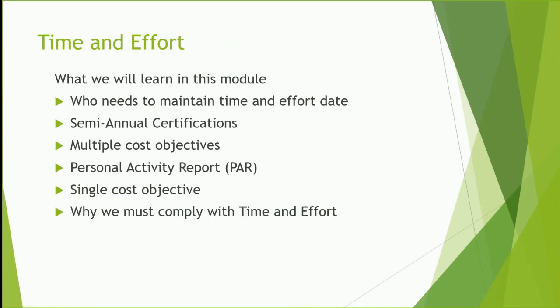Okay, time and effort. What we're going to learn in this module is who needs to maintain time and effort and why. Why is because if we receive federal dollars, we must comply with federal regs and maintain time and effort in all of the federal programs. There's different types of